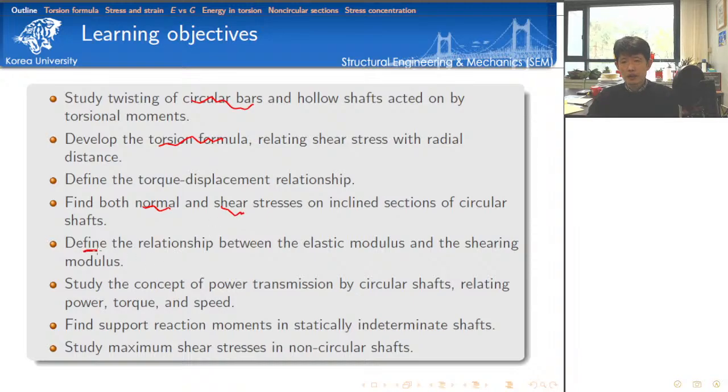And then we want to derive the relation between the elastic modulus, the so-called Young's modulus, and the shear modulus. Shear modulus, we denote as G. This is another linear elastic proportionality coefficient between the shear stress and shear strain. In the case of